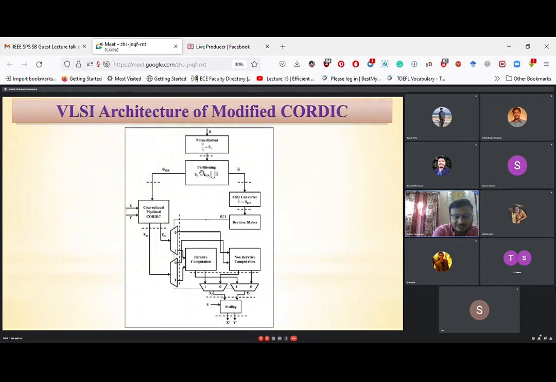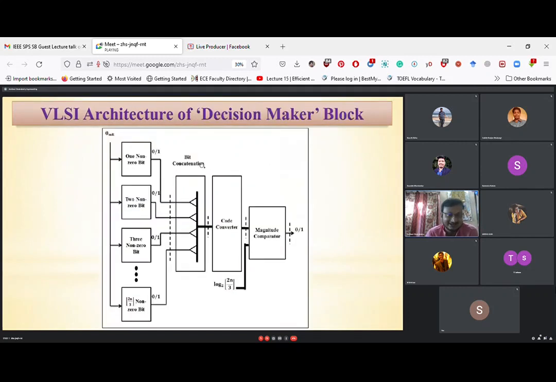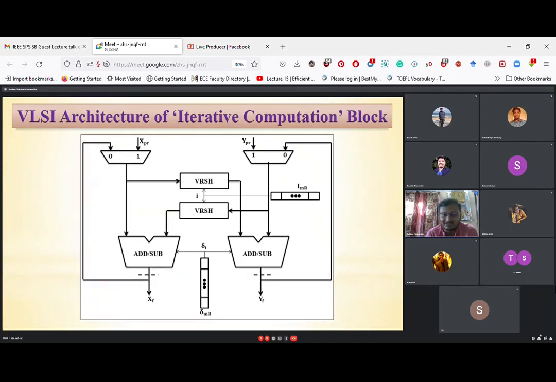All the operations are segregated: CSD converter, decision maker, then one multiplexer for choosing the operation, iterative contribution, then scaling. Each and every black box is designed here by using normal hardware elements like multiplexer, adder, multiplier. Ultimately any digital design is nothing but adder, shifter, multiplier.